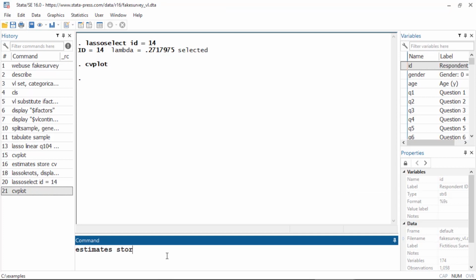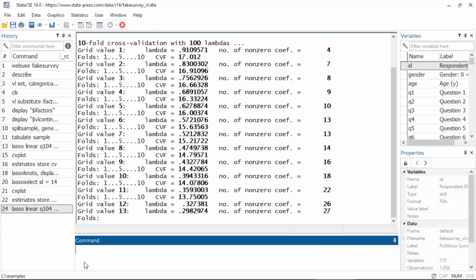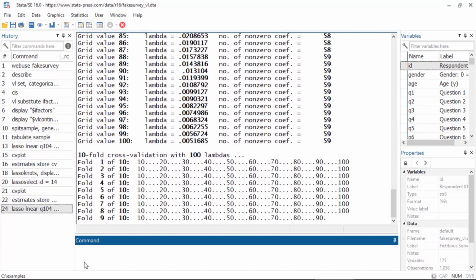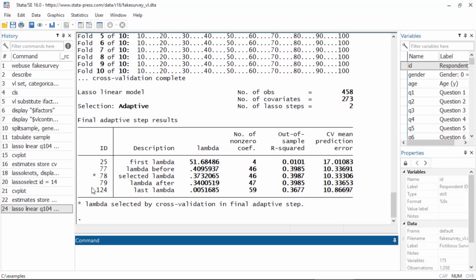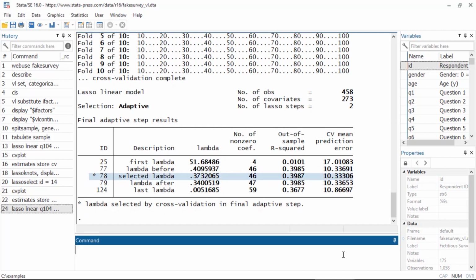Let's store the results of this model as minBIC. Next, let's use the option selection(adaptive) to fit an adaptive lasso model. Adaptive lasso did 2 lassos and selected model 78 as the best fitting model because it has the smallest CV mean prediction error. Let's store these estimates with the name adaptive.